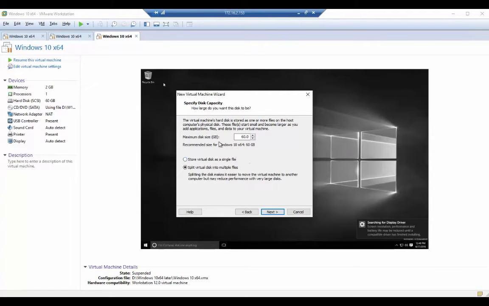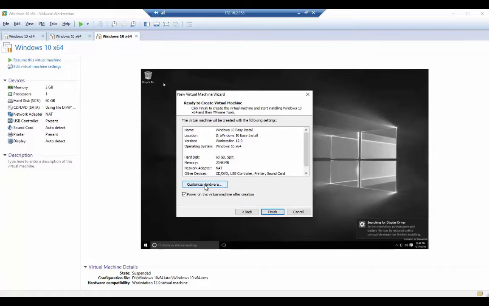my virtual machine will have a disk that can grow up to be 60 gigabytes in size. So it could take up to 60 gigabytes of space on my host computer, and that 60 gigabytes at this point will just be sliced up, I believe, in a bunch of 2 gigabyte size files. The reason you select this is that sometimes it makes it easier if you're copying your virtual machine to media, like a USB drive or something like that. Some removable media work better with a smaller disk size or file size. It really depends on the type of file system that you put on your USB disk stick. Next,